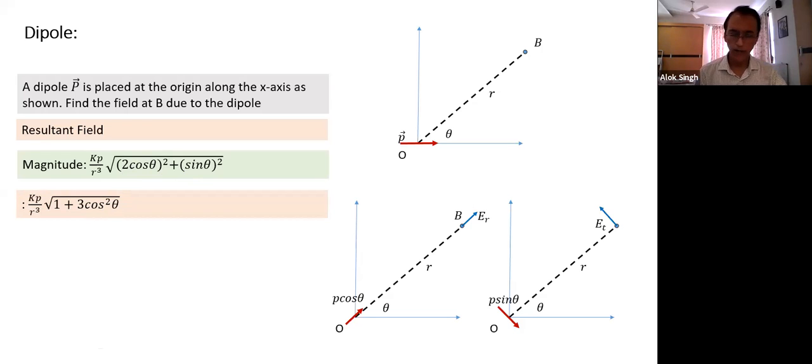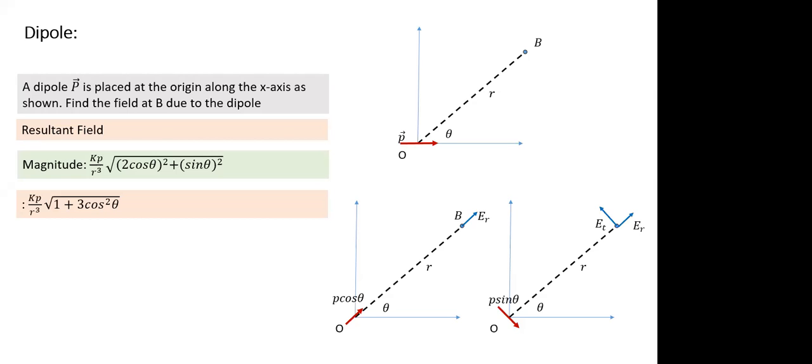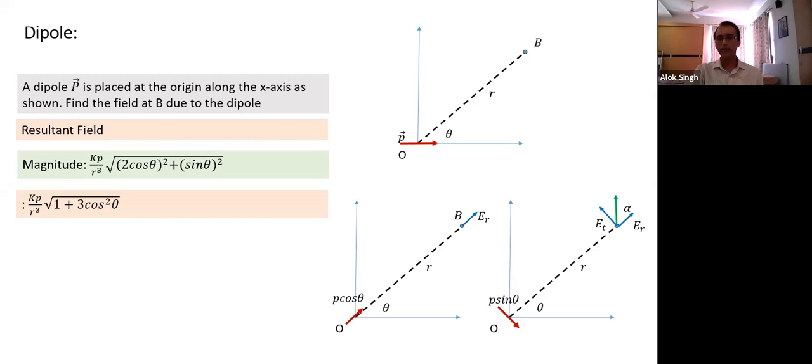Do we need to remember? I don't think we need to remember, but we should know how to arrive at it quickly. Can we also find the direction? What angle will the resultant vector make with the radial vector, the r vector? Suppose we take the position vector of point B as r bar. What angle will it make? Tan inverse of tangential by radial. If this is the resultant, whose magnitude we have found, and this angle is alpha, can we find alpha?